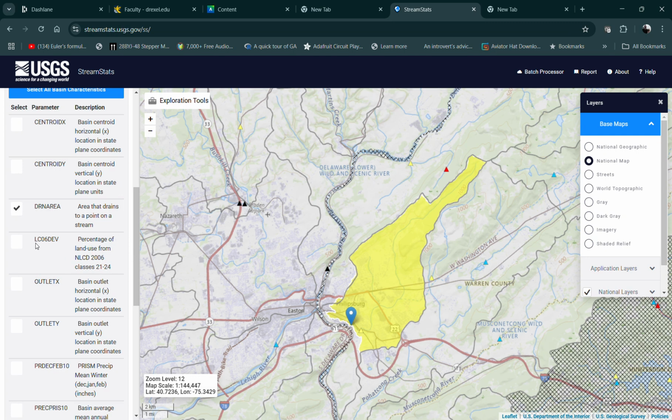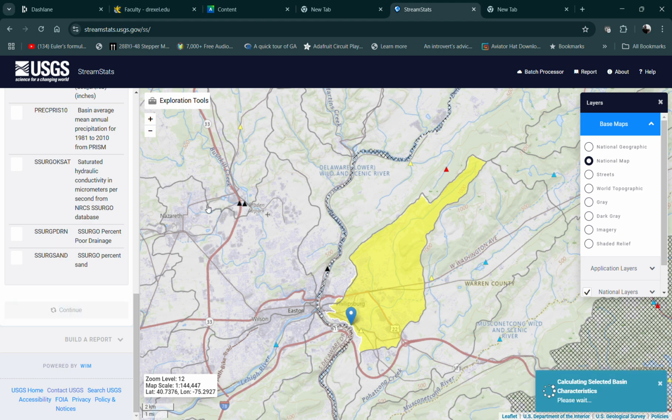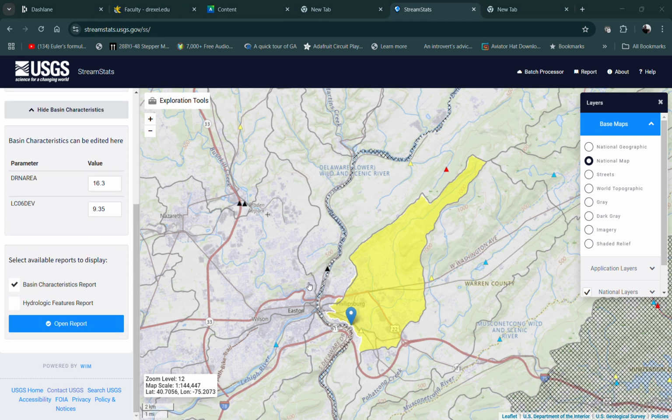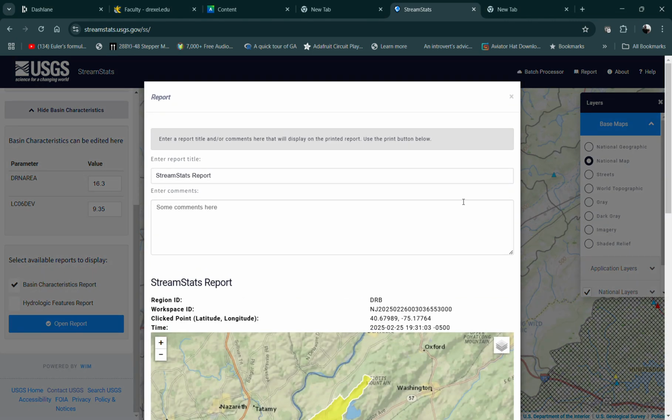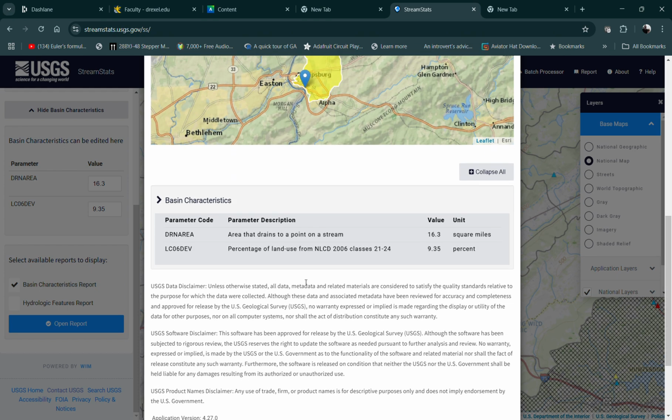And that one is LC06DEV, and you're going to select that one as well. And once you've done that, you'll scroll down to the bottom and click on Continue. Once you've done that, you can click on Open Report, and it will give you this report that's generated. And in that report will be the drainage area and the